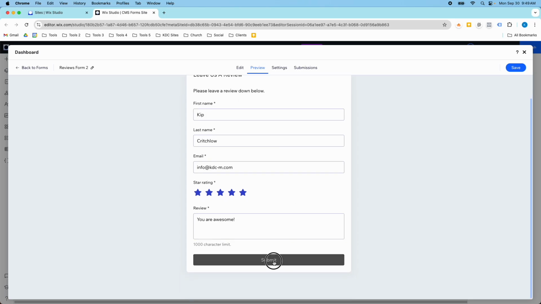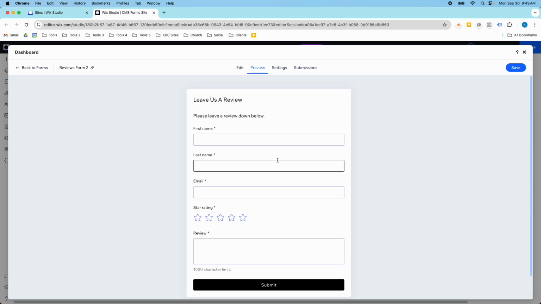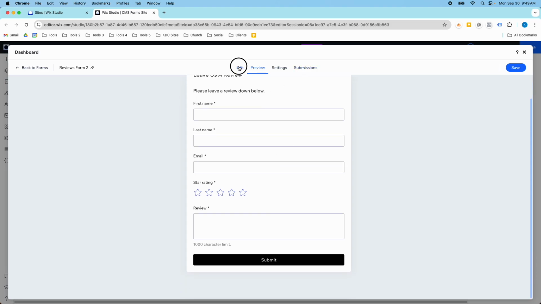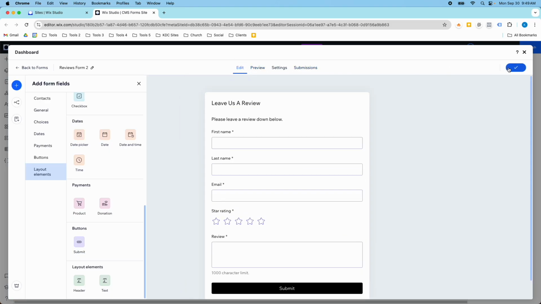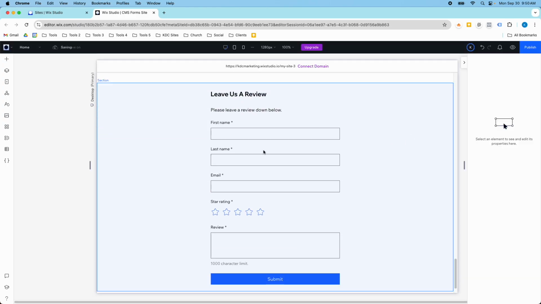And in the preview, I don't think the submit button actually works because you don't want it to show up here in your submissions. So you can preview the functionality here, just kind of make sure it works. And then I'm going to make sure I save this so my form is good to go. Now when I come back to my website, you're going to see it put my form here in the section